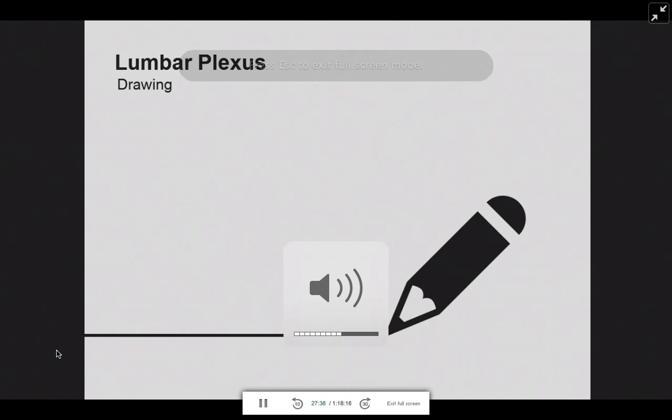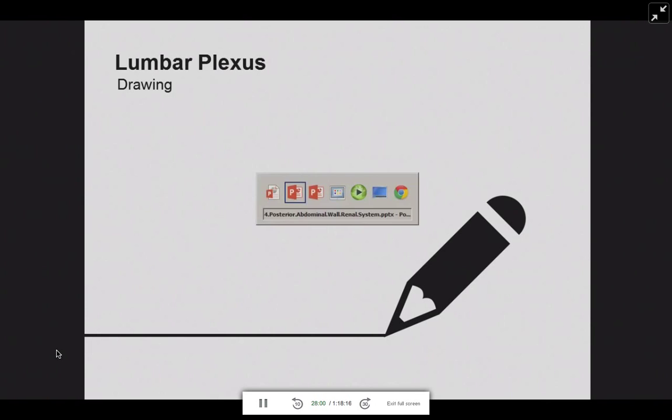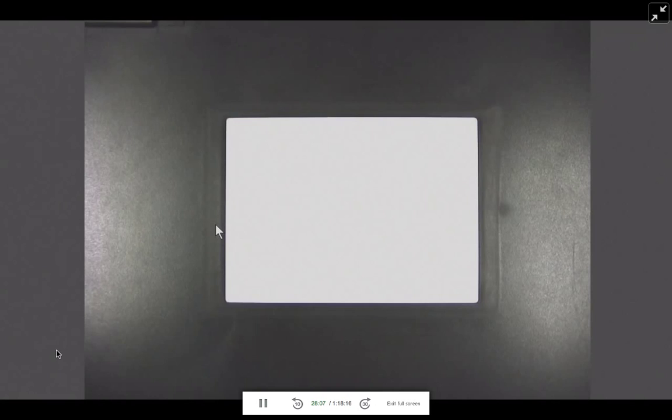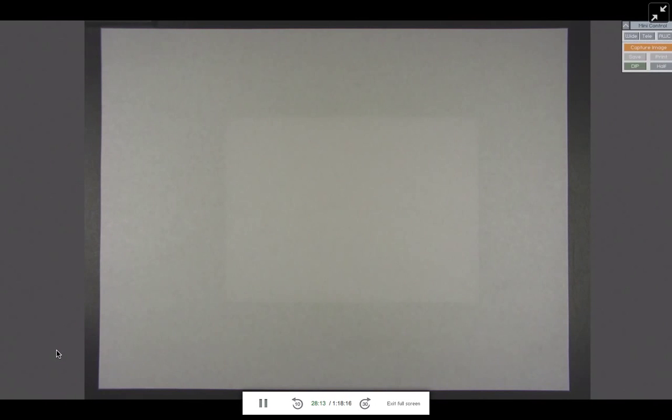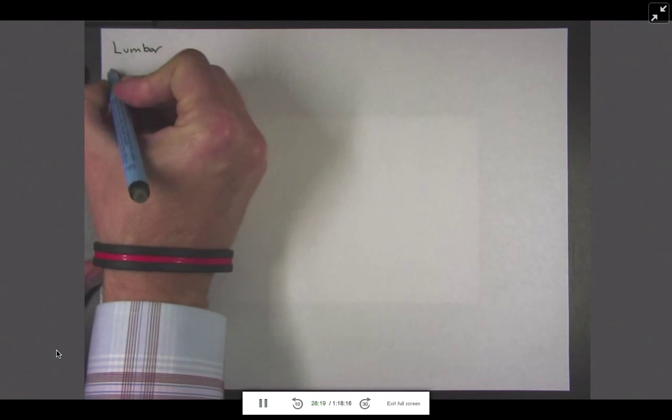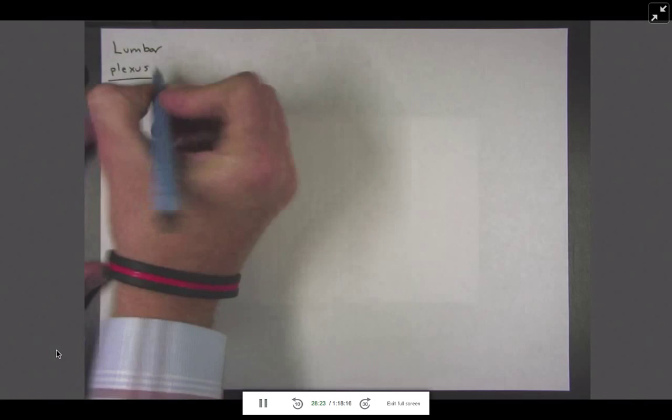Let's talk about the lumbar plexus. And, plexus time, which means let's see how the ventral rami of spinal nerves converge into the plexus, and then which peripheral nerves are distributed from there. Okay? So the lumbar plexus